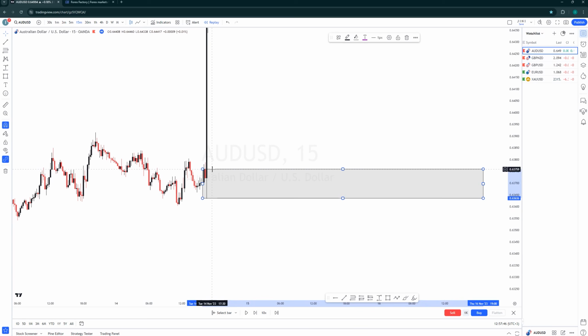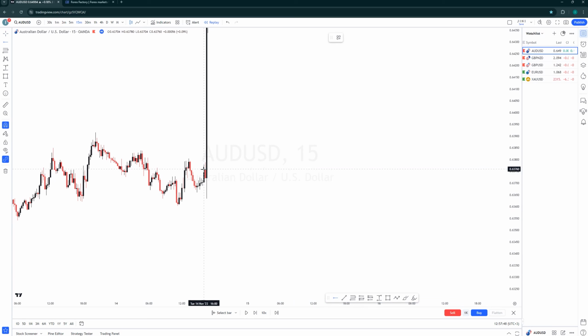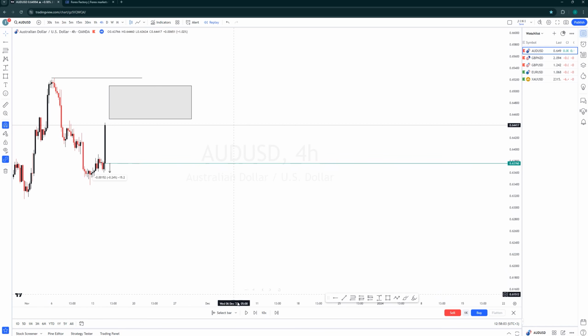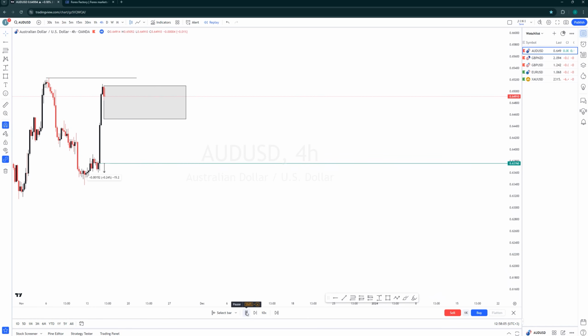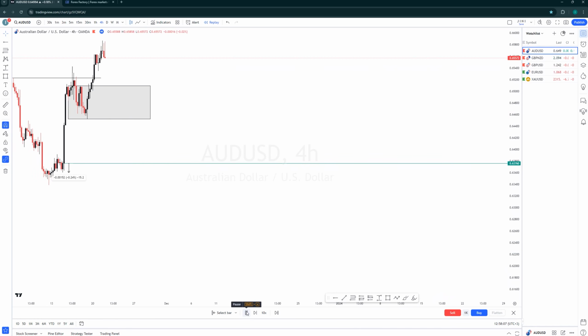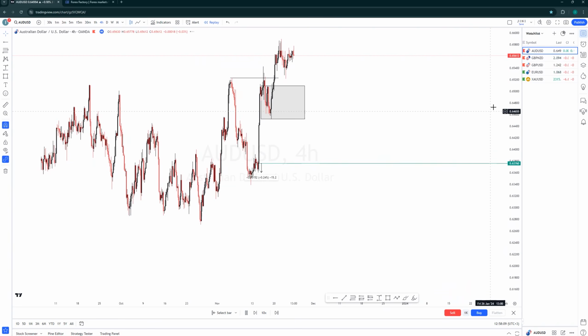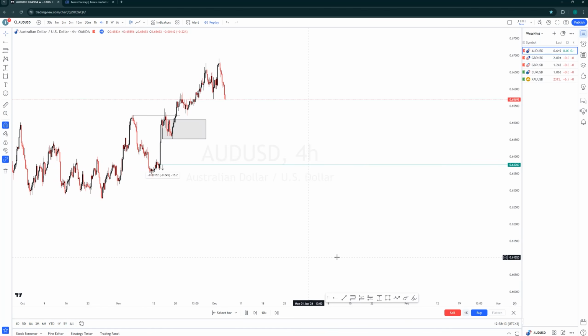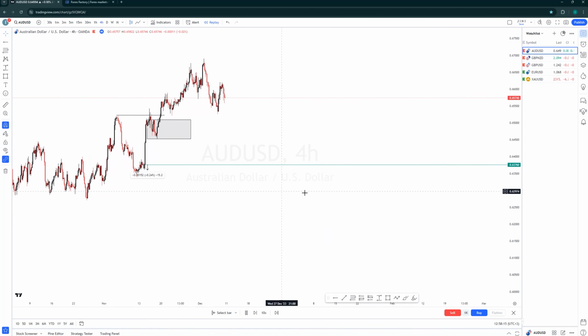We'll put our entry at this point, and then we will put our maximum stop loss at 15 pips as usual, and let's see how the price reacted. And that is how we managed to take that AUD USD trade. You can see the price went up, and then